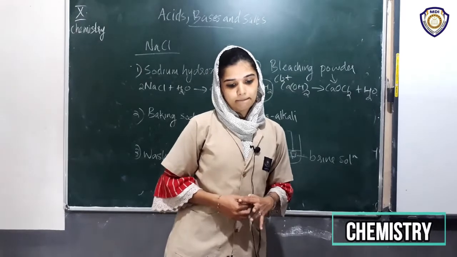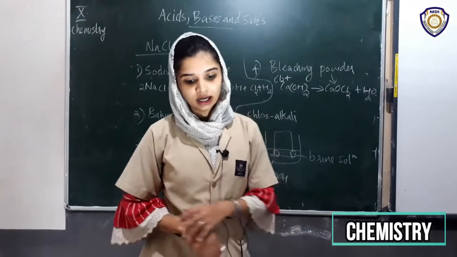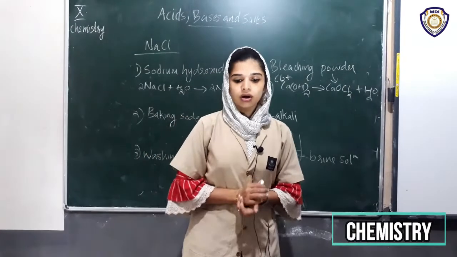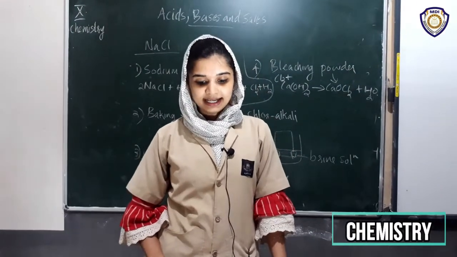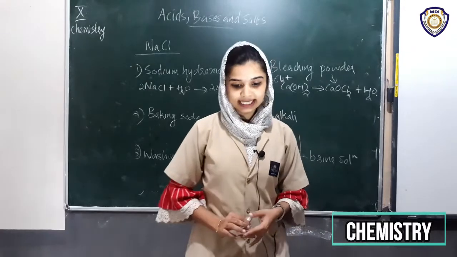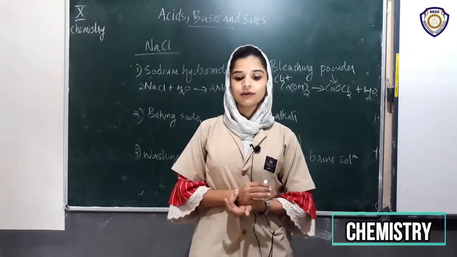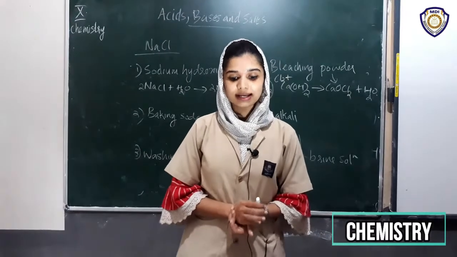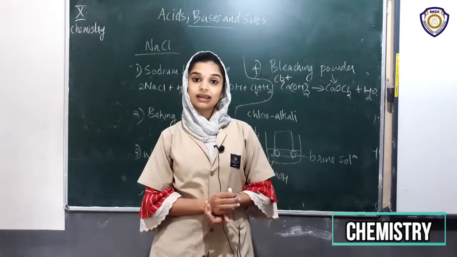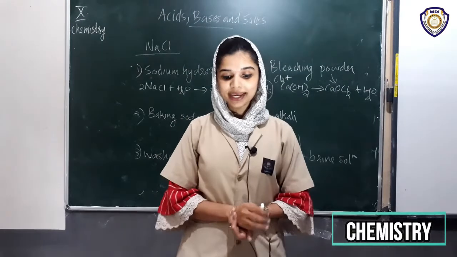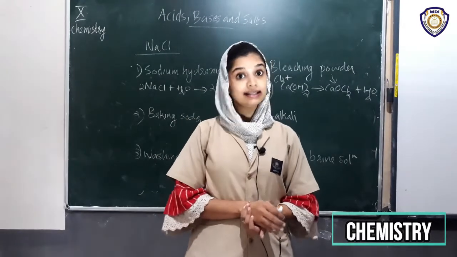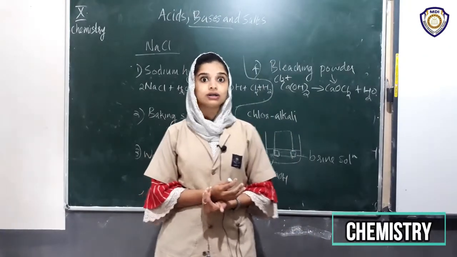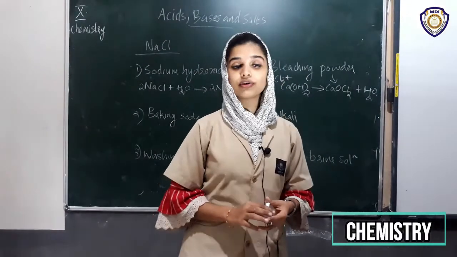Then, what are the uses of bleaching powder? Bleaching powder is used for bleaching cotton and linen in the textile industry, for bleaching wood pulp in paper factories, and for bleaching washed clothes in laundry. It is used as an oxidizing agent in many chemical industries. To make drinking water free from germs, to kill the germs, we add bleaching powder to our wells. You must have seen that. Yes, bleaching powder is used to purify water.